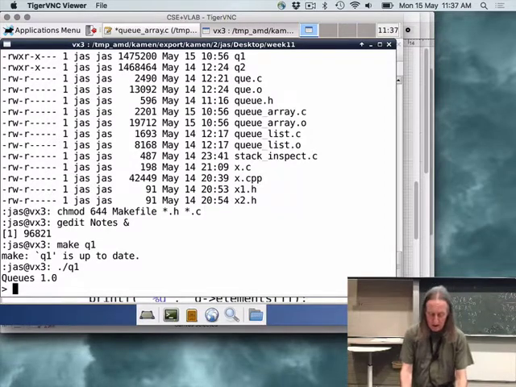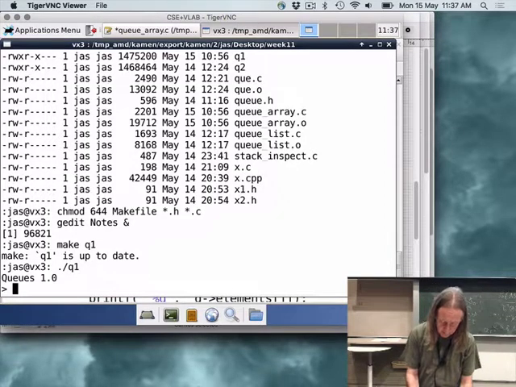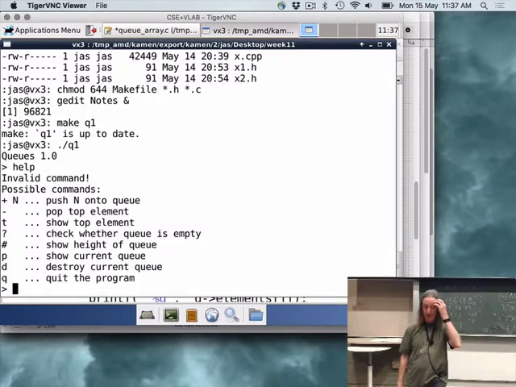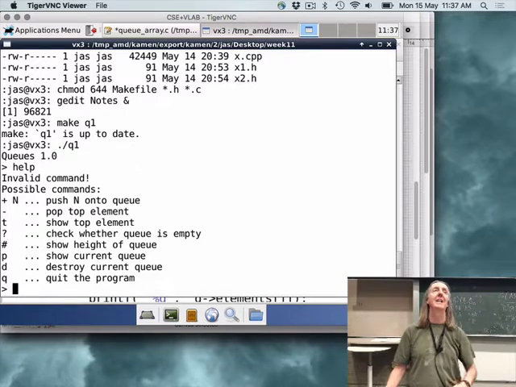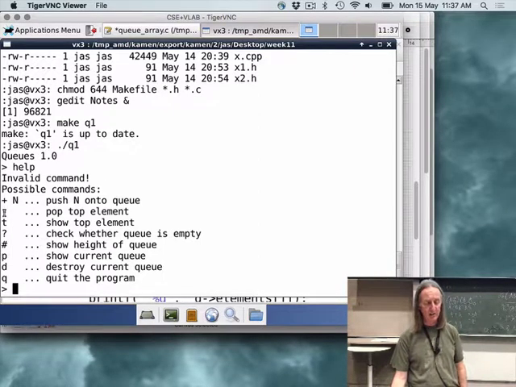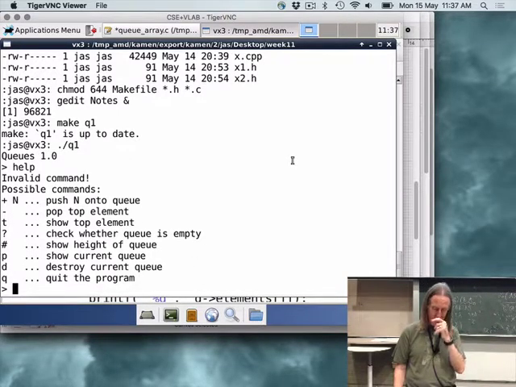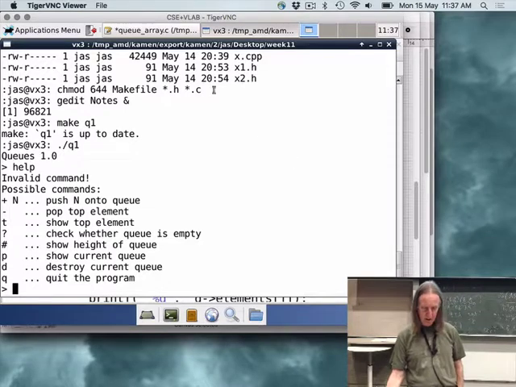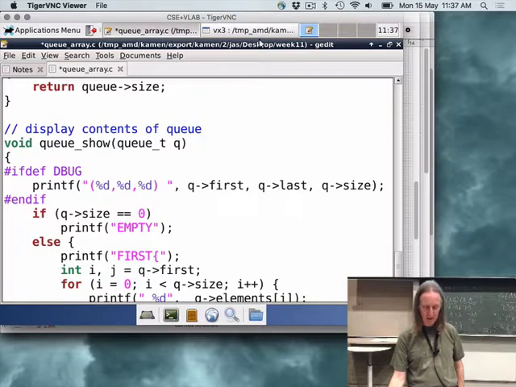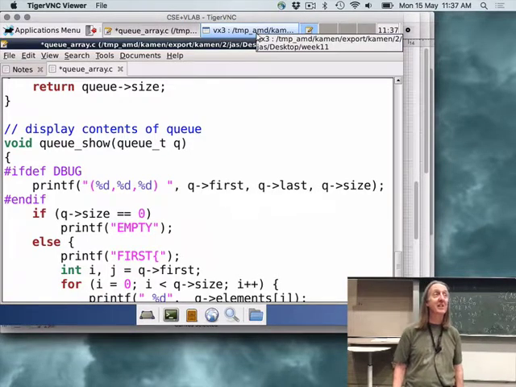Okay, so like we had with stacks, we've got some operations on the queue. So plus adds an item to the tail of the queue. Minus takes the element off the front of the queue. It does a dequeue. So plus does an enqueue, minus does a dequeue. You can look at the top element, and so on. Actually, that should have recompiled because I changed top. I forgot to save.